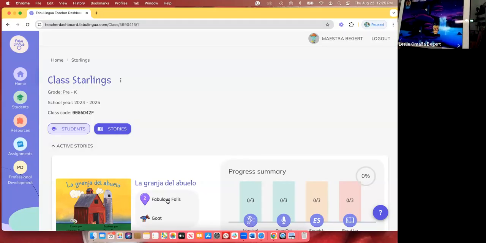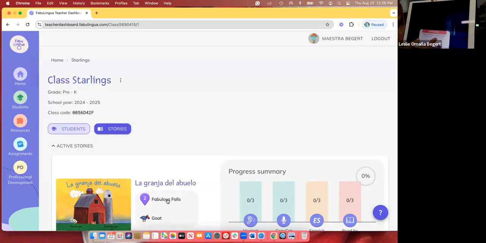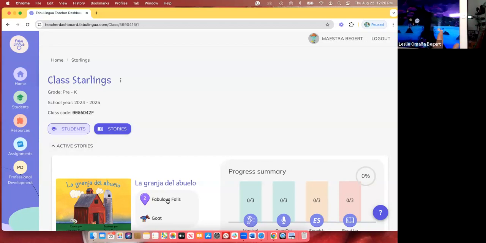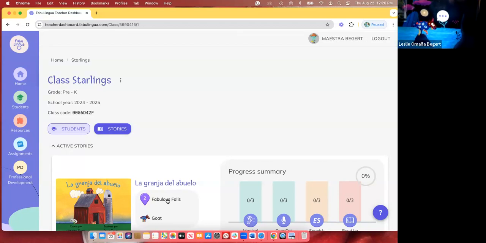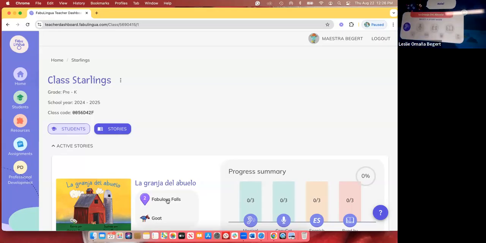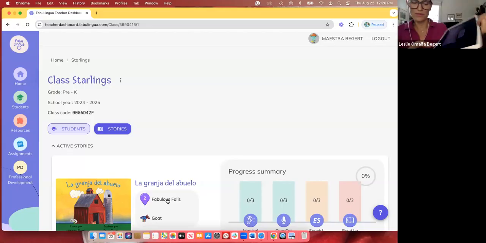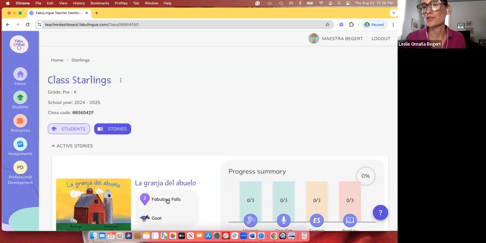He is not available. If you tap him by mistake, you're going to get a note saying he's not been assigned. So you're going to scroll across. There's this character here, not that one, but this guy here, the goat, has a speech bubble. So that means he's available for you, and you tap him, and there comes his learning path, and you would go onto the first one of the learning path. So that is how, as a teacher, you're going to set an active story and then change an active story.